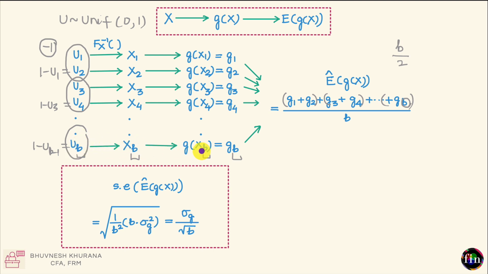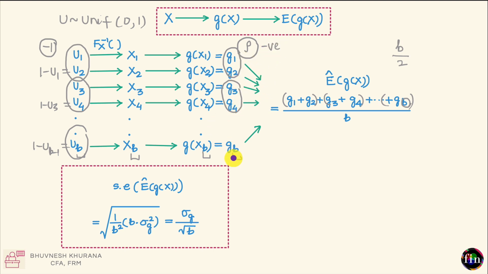Beyond this step, let's not change anything. Let's just proceed the same way as we did in our standard Monte Carlo. In the end, we'll have b replicated values for g of x, but we will have a negative dependence between g1 and g2, a negative dependence between g3 and g4, and so on. Let the correlation between g1 and g2, g3 and g4, and so on be denoted by rho. For u this correlation was -1. For g this correlation needn't be a perfect -1, but it will indeed be a number which is negative.